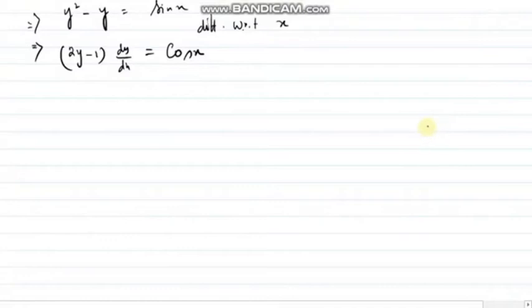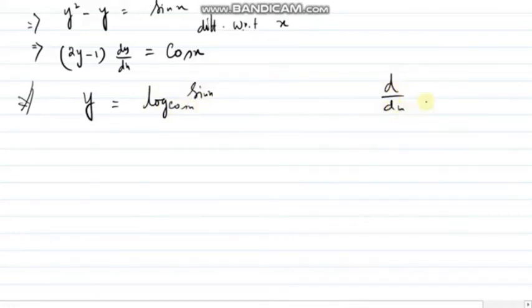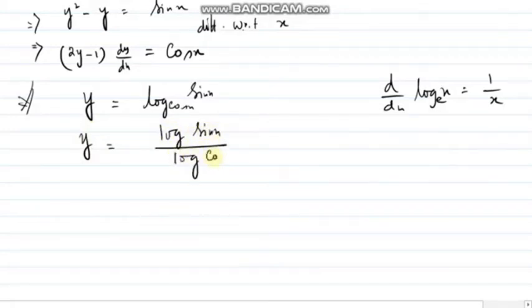So for the next couple of problems, suppose I have to find the differentiation with respect to x for this function. Next one, we have to find dy/dx for log of sin x to the base cos x. We can apply d/dx of log x when my base is e, and it will be 1 divided by x, right? Only for base e. Other bases we can't apply that to directly. So for this sum, what I will do first, can we write y as log sin x divided by log cos x?